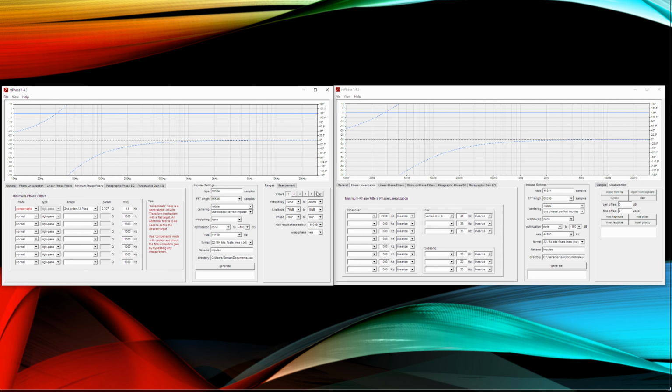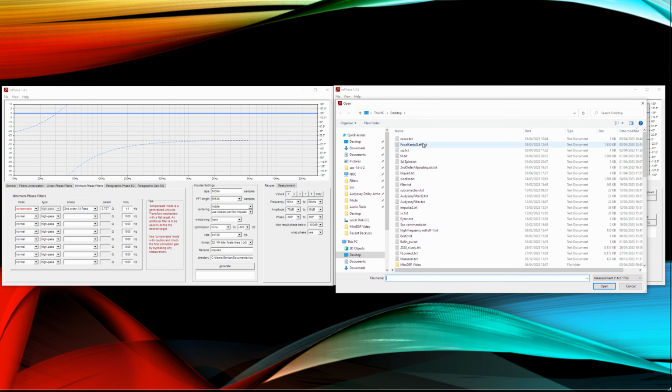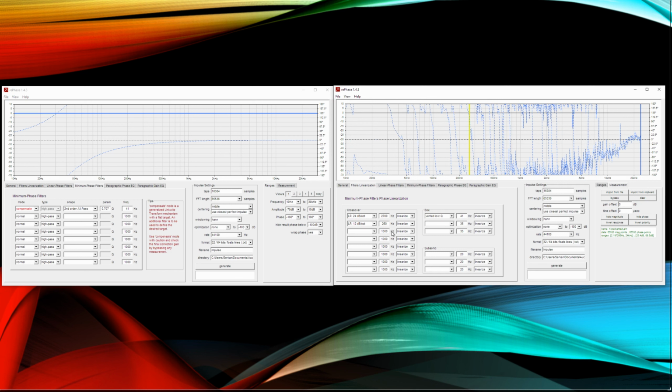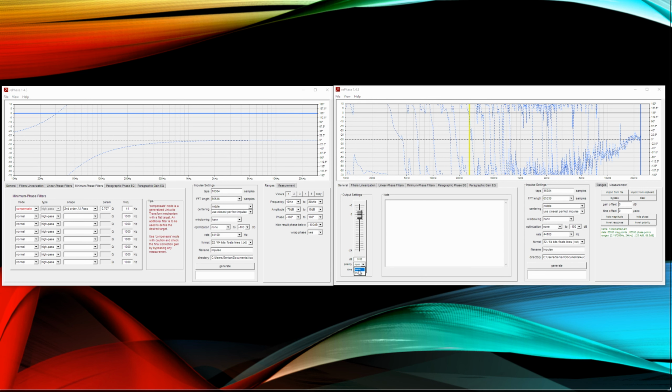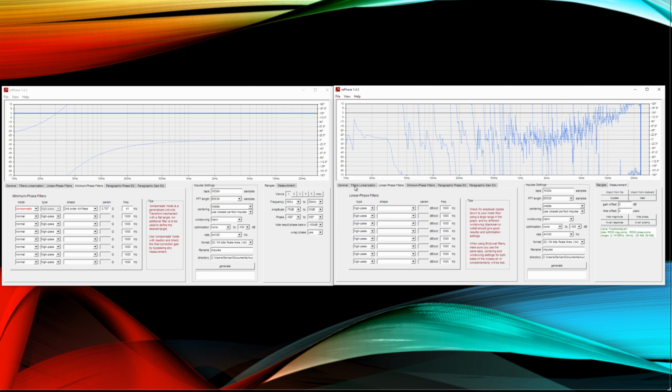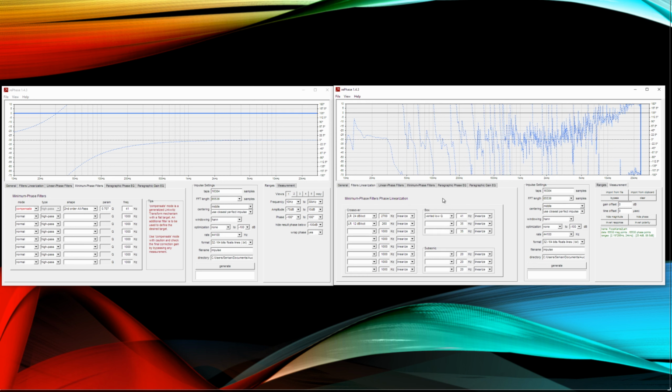One other advantage: for example, in this one, when I applied all the corrections, let's say it wasn't polarity inverted. Let's say this one is not perfectly at axis 0.